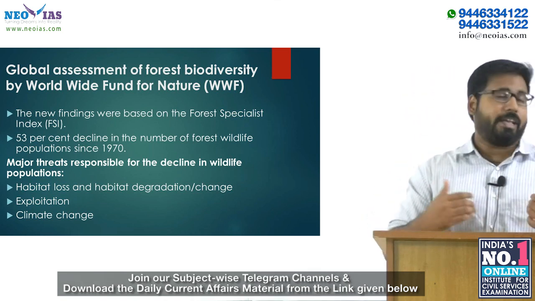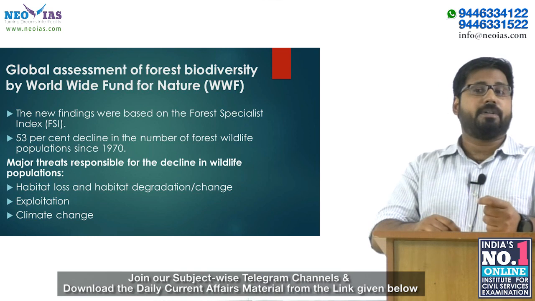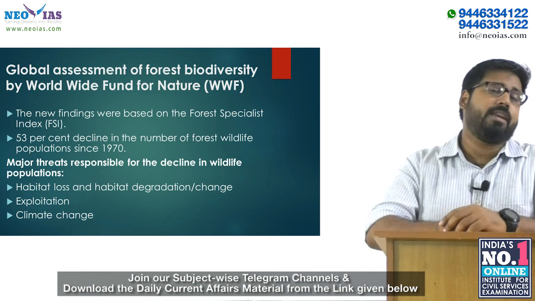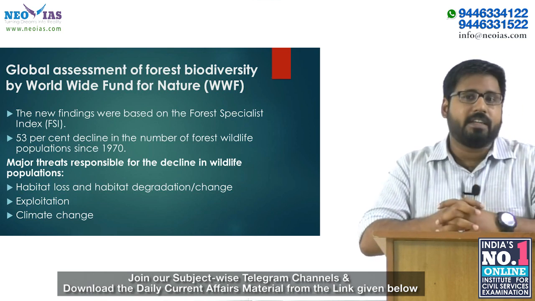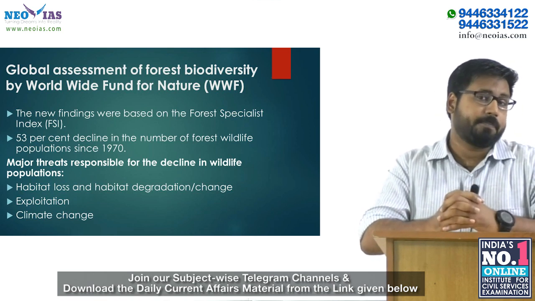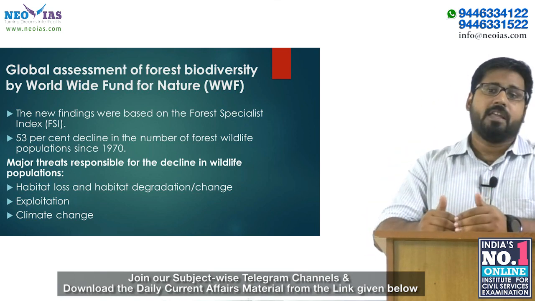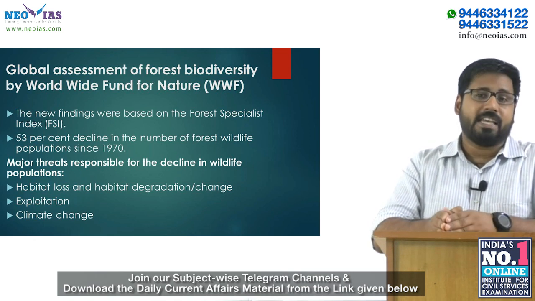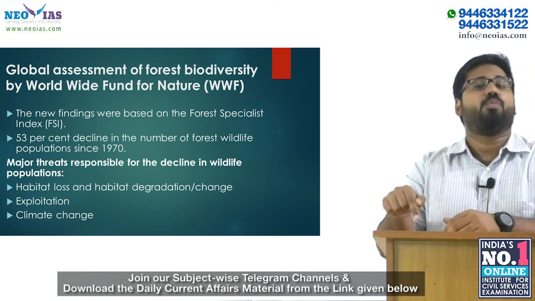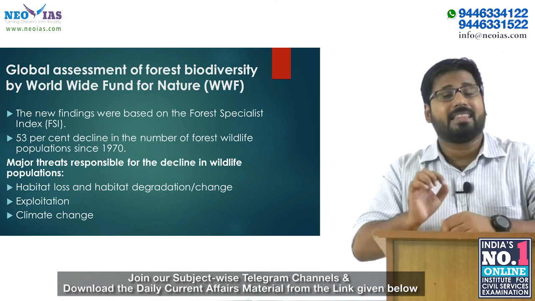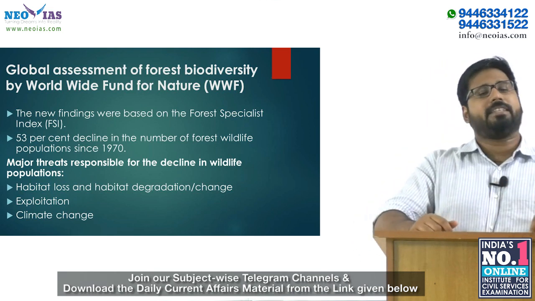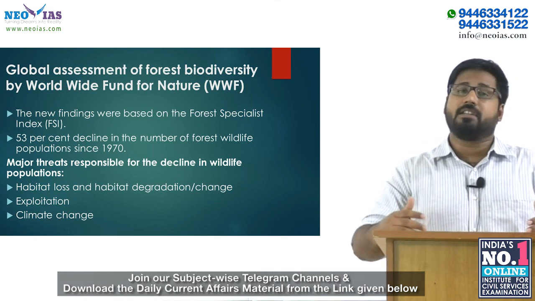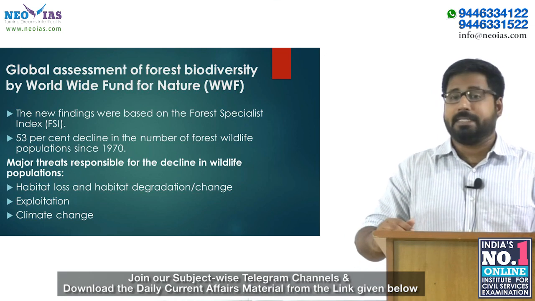Then after that we'll come to exploitation. Now nearly 20% of threats were due to overexploitation. Okay. Now of the 112 forest dwelling primate populations, 40 were threatened due to overexploitation. Now we come to climate change. Now climate change has threatened 43% of amphibian, 37% of reptile populations, 21% of bird population, but only 3% of mammal population. So climate change is directly affecting only 3% of mammal population, but that being said, it is affecting other reptiles, birds and such species like that.